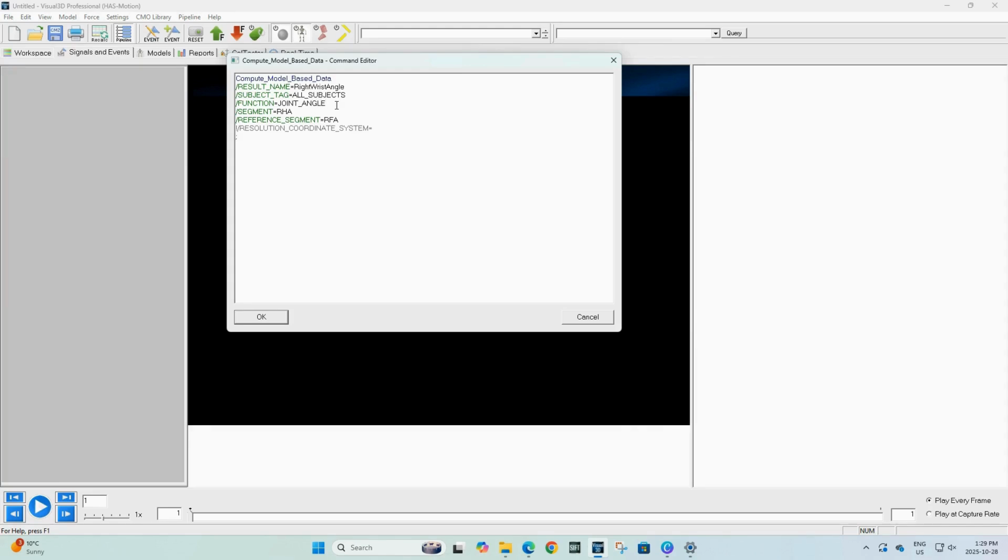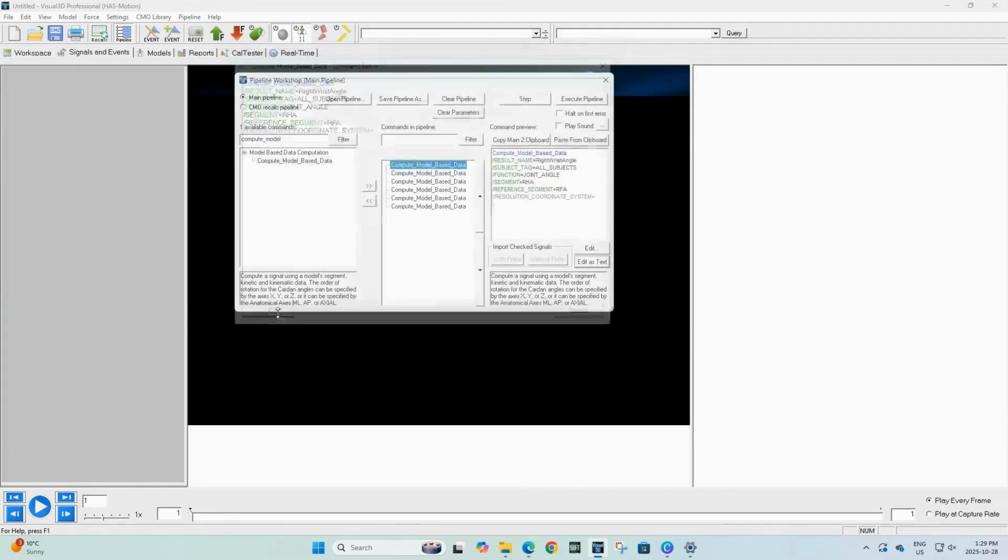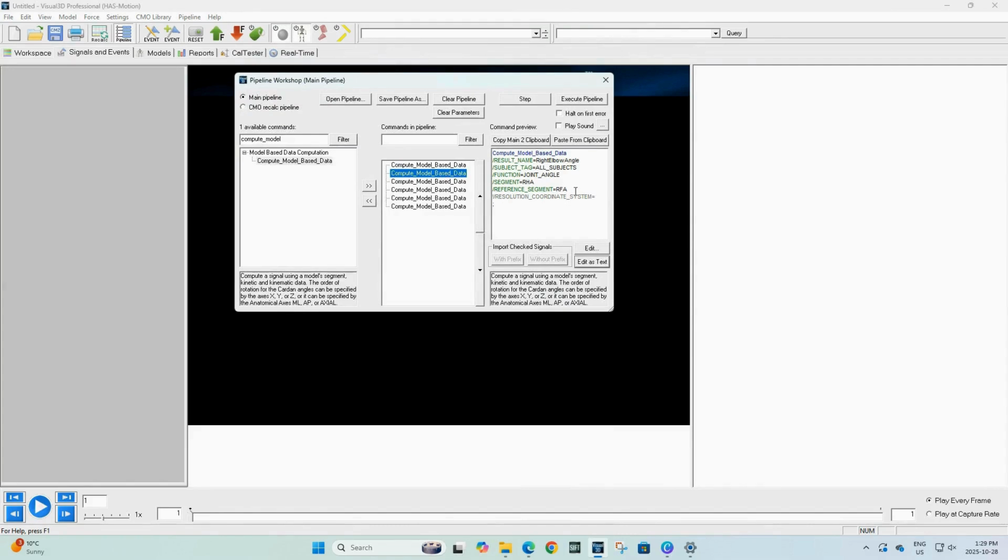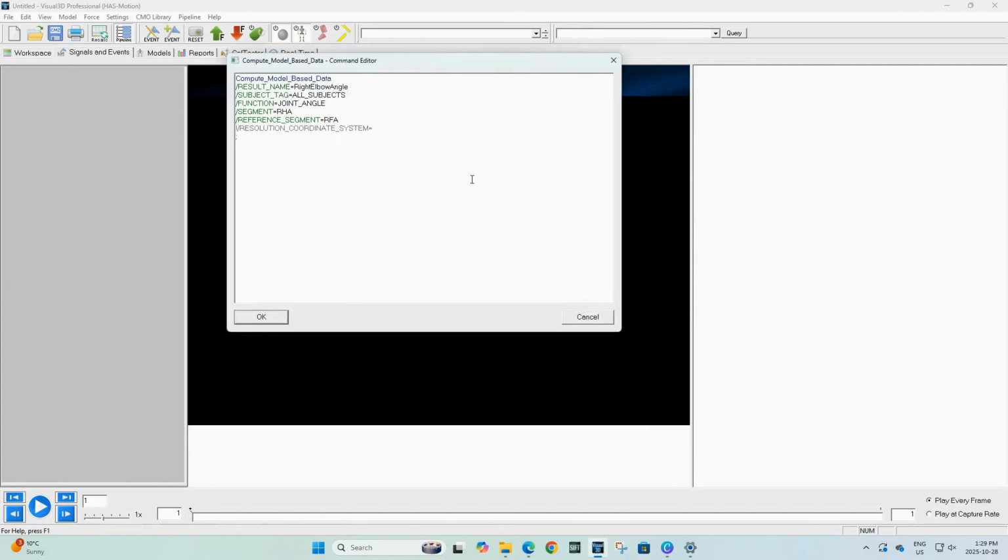Additionally, through the wiki, you can find a completed version of this pipeline for all 4 pipeline commands that can be downloaded and loaded into Visual 3D. Downloading the completed pipeline from the wiki will allow you to go straight to processing the data and skip the steps detailed in this video, though we do recommend following along the video so you have a greater understanding of how the pipeline is defined and the steps that were used. If you do run into any errors while running your pipeline, downloading the pre-made pipeline can be a very effective way to troubleshoot and compare the pipeline you've made to the correct one.